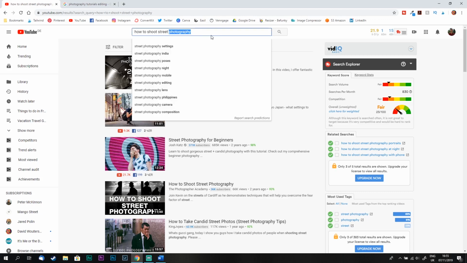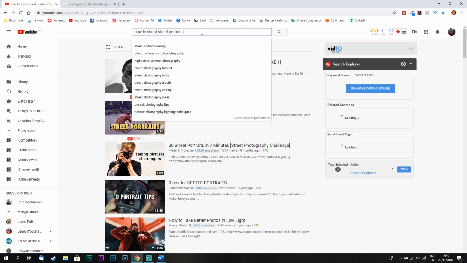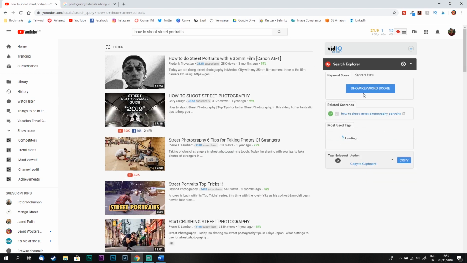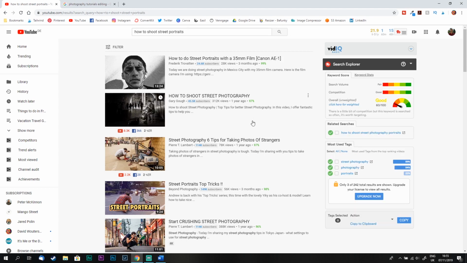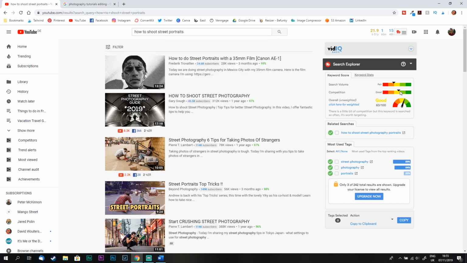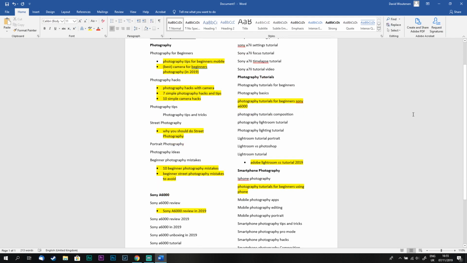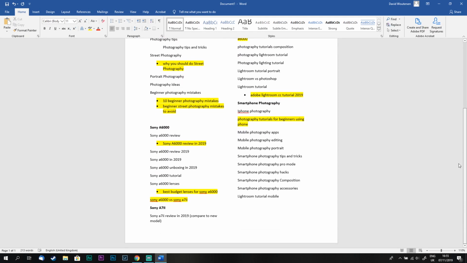So that's not quite what we're looking for. Let's go and look at street portraits. Oops, I didn't type that correctly. How to do street photography. So how to shoot street portraits is a good search term. Competition's not too bad, but there's enough search volume for it to make a difference. All right, so let's go to